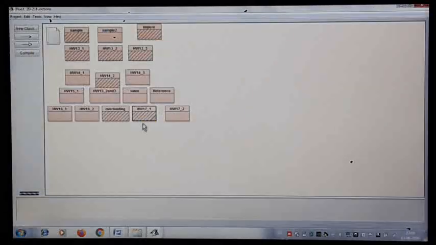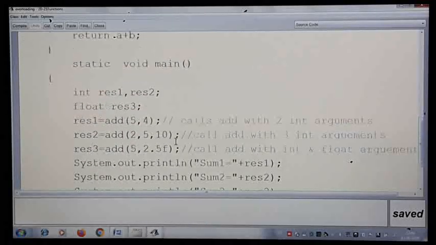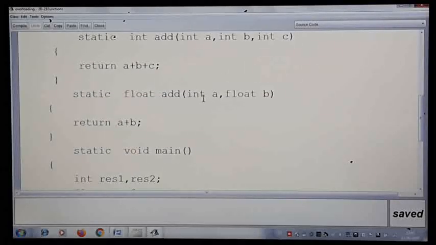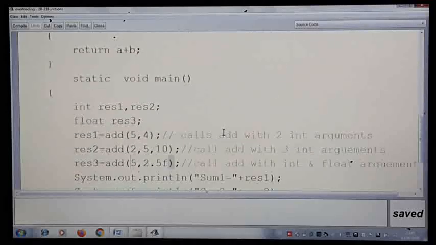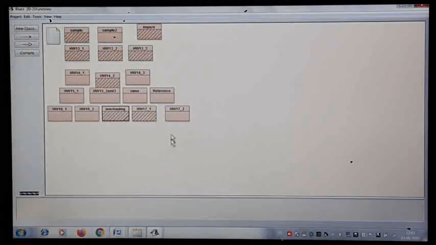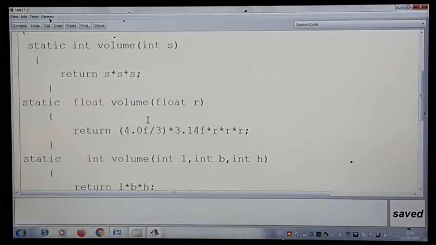That also I told you in the last class. I told you while writing that you cannot interchange one int and float. In the add method, you remember, where we have written an int and float combination, at the time of calling it has to be int and float. You cannot make float first and then integer. Again you get an error message. All that I explained in the last class, and also today I gave you in which order you can write, what is the order of writing and what is the order of invoking. So with this I feel you are very much clear with the method overloading concept.